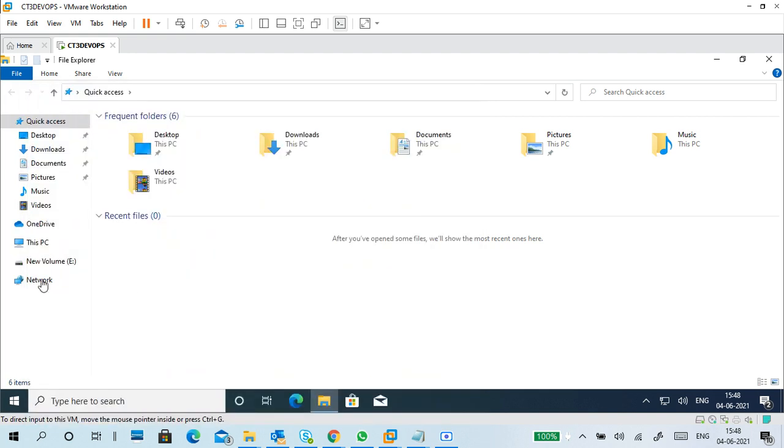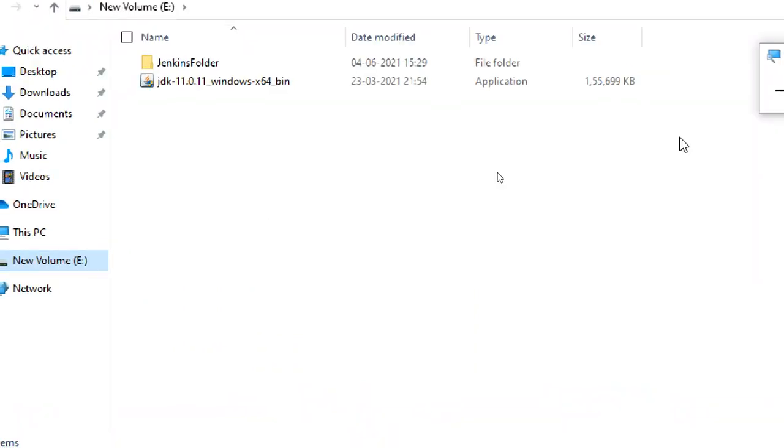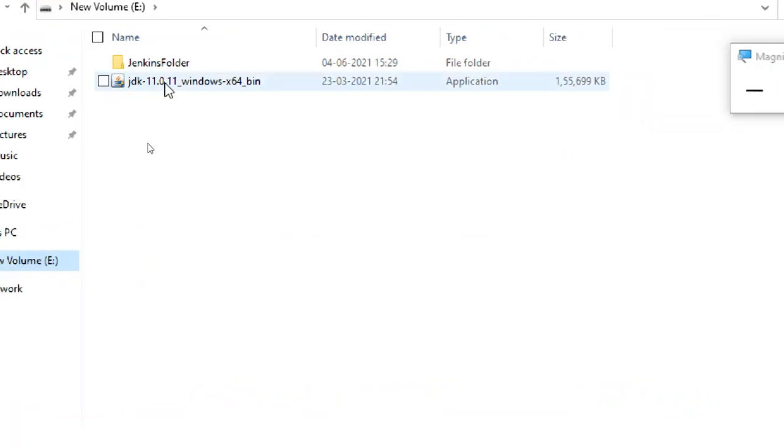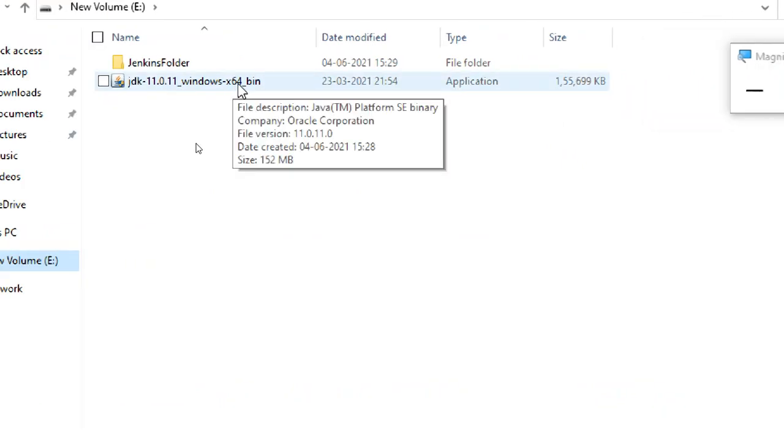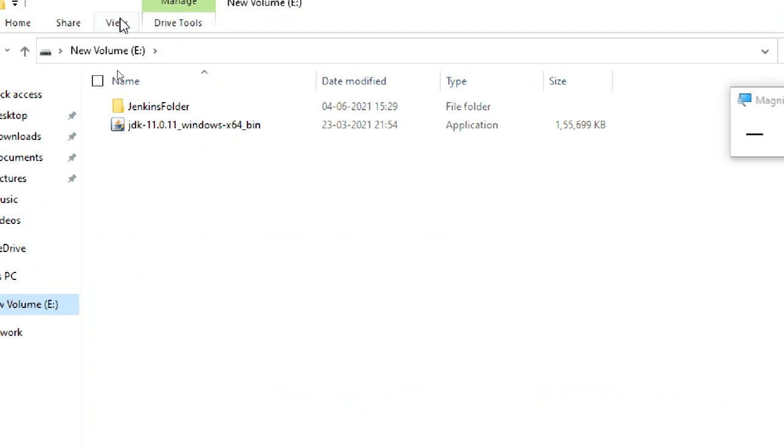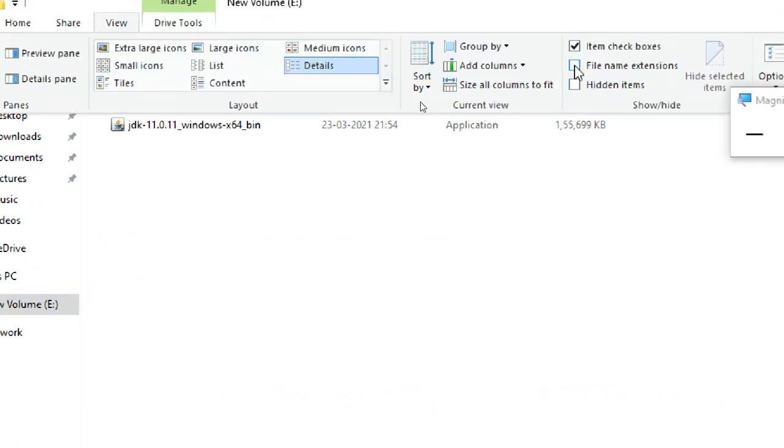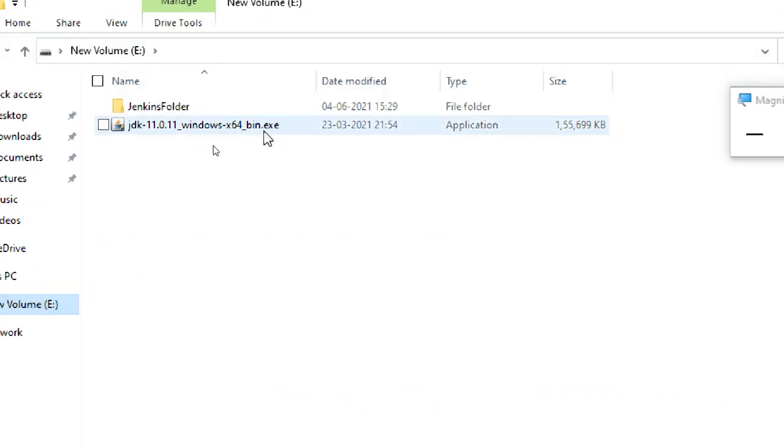This is the magnifier. So this is the Java x64 bin. I didn't see extensions, so select this and you will see .exe. First install Java.